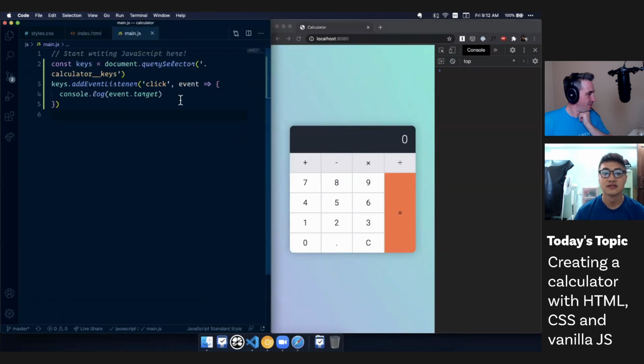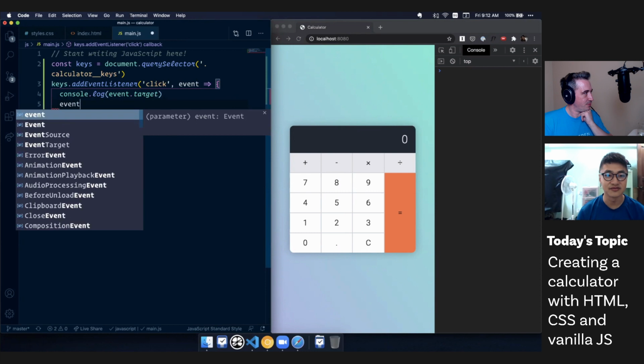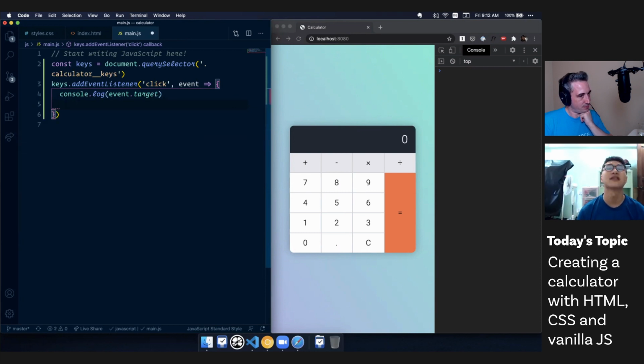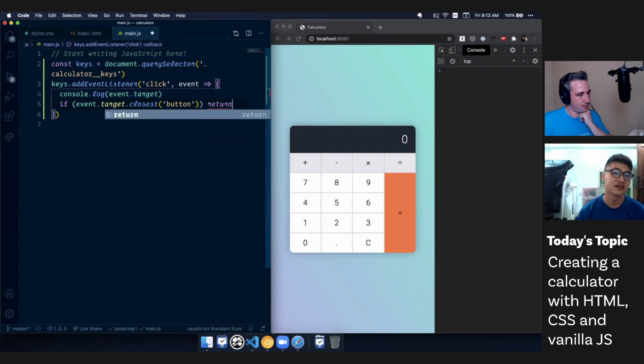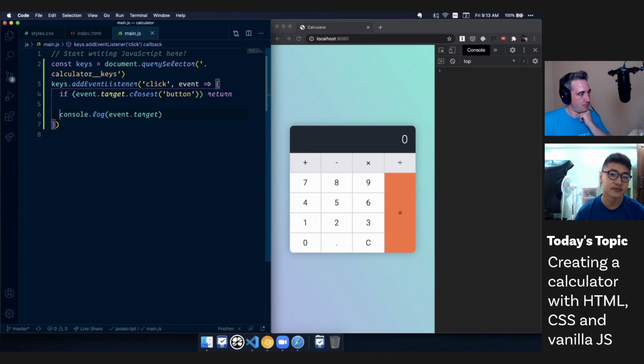Okay, cool. So what we need to do to prevent that gap thing from falling through is to use closest or matches. So we need to know whether we are clicking on a button or not. If event.target... I tend to prefer closest rather than matches, because closest can traverse up and matches only stays on the same element. So if I want to check for ancestor elements, I can use closest, and I typically forget about matches altogether. Cool. So if it's a button, then we know that